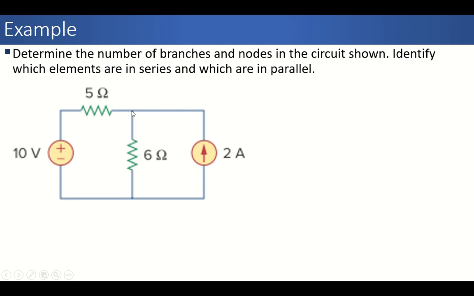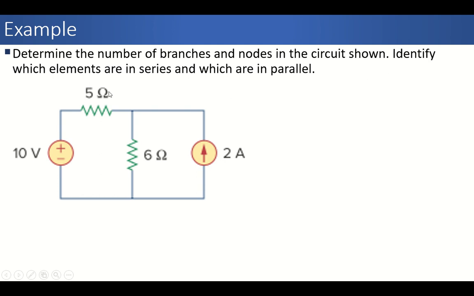So let's suppose this is node B, so this is also node B. But traveling from this point to this point, you can see that we have encountered an element. So this means that this is a different node. So we can call this node C. So there are three nodes. Remember, starting from this point to this point is still the same node. If this is C, this is also C. So there are three nodes and four branches in this circuit. And we can also identify the loops. You can see that this is a loop and this is also a loop, or this is also a loop.